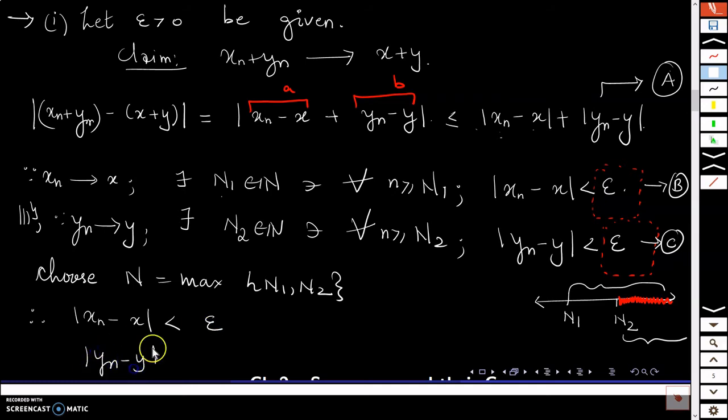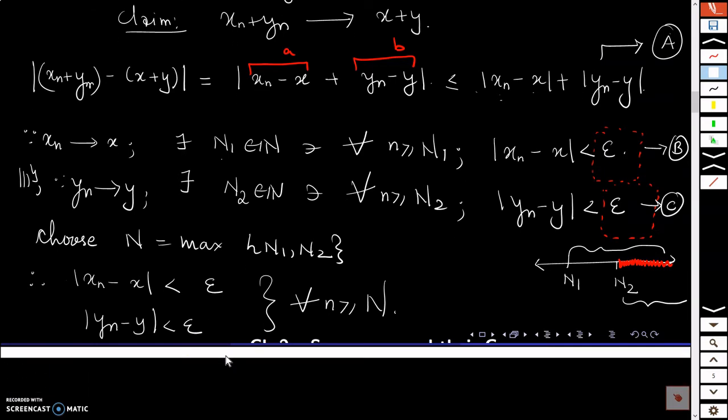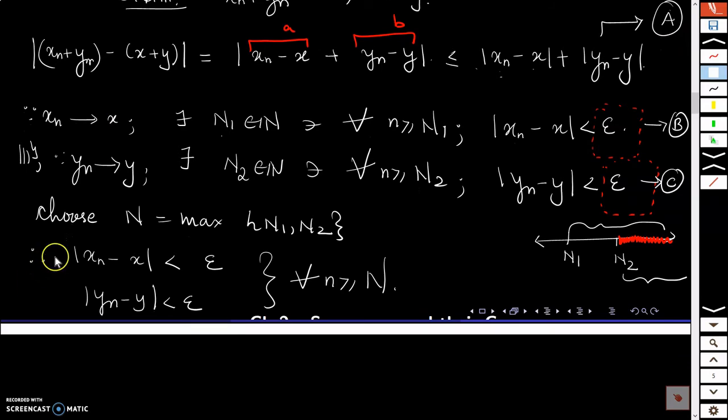Mod yn minus y is also less than epsilon, and this works for all natural numbers greater than or equal to this capital N. Both these conditions will work for all small n bigger than or equal to capital N. Again, I am not sure about these epsilons here. I might have to modify them a bit. Okay, so this I will substitute in A now. Let's see what I get if I put this in A. That will give me,